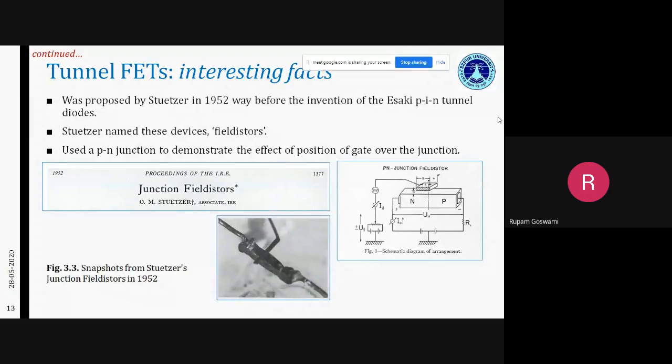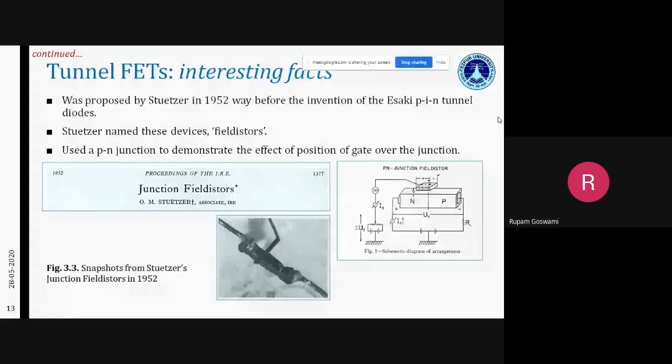So what he did, you have a p-n junction and you place a gate over that, so it can act as a very well maintained field effect device. And the main reason through which it operates is the band-to-band tunneling. So it is similar to your Zener tunneling in your p-n junctions, but a placement of the gate over the junction creates more possibility of tunneling of